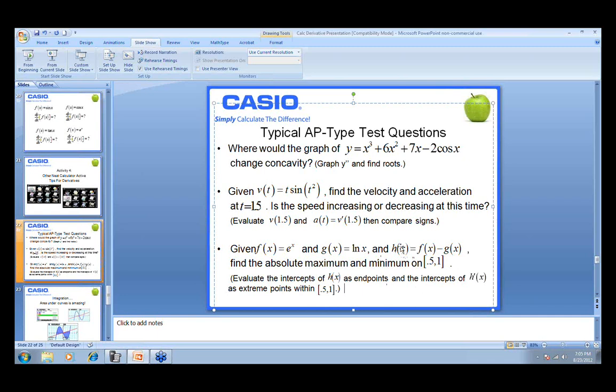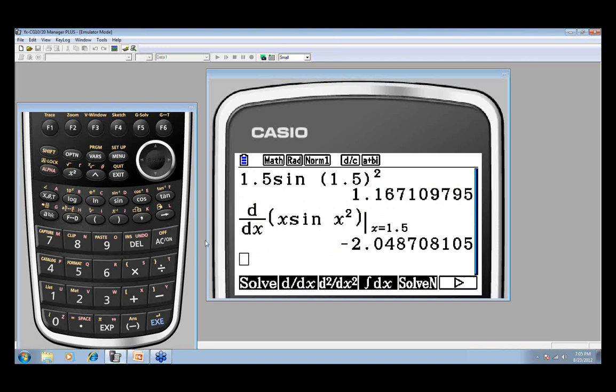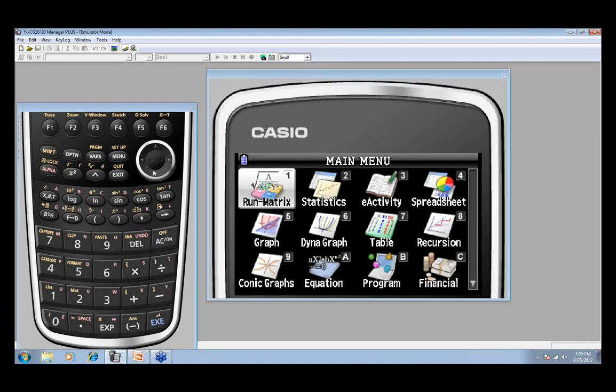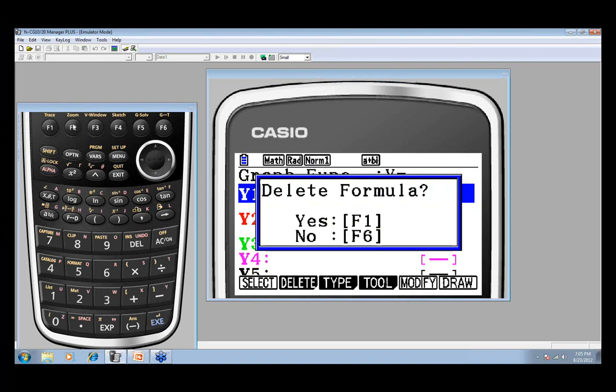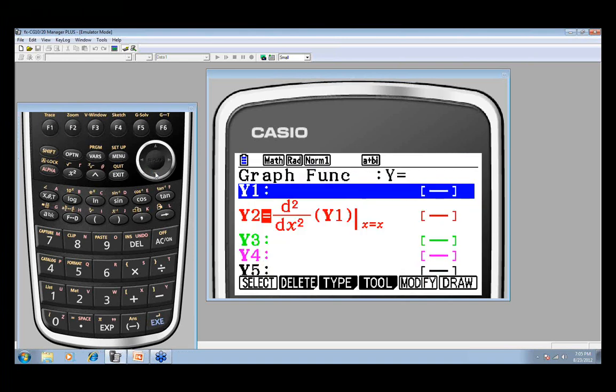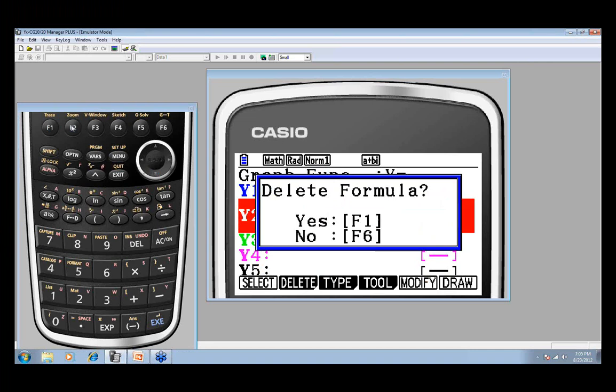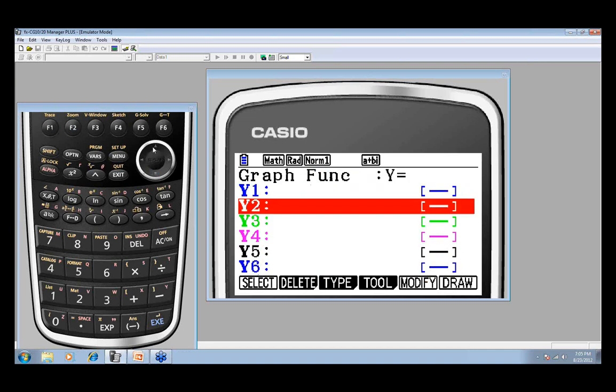We just want to evaluate this graph and find the max and min and evaluate the endpoints. So back to our graph grid again, our graph mode. We're going to press menu, go back to graph. I need to clear out this last stuff we were doing previously. We're not going to use a derivative feature at all now. We're going to use something else.